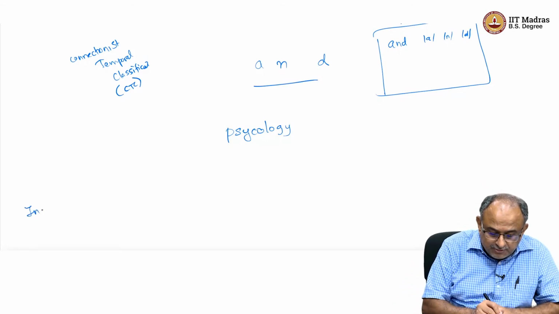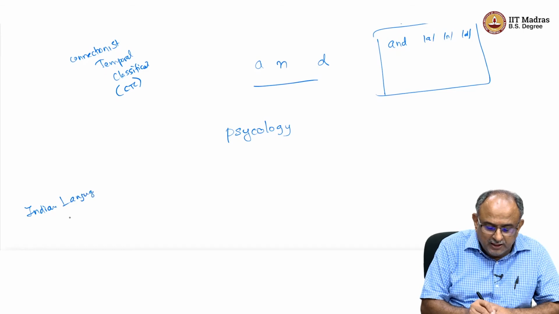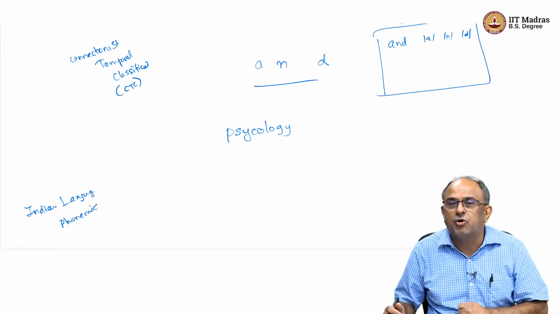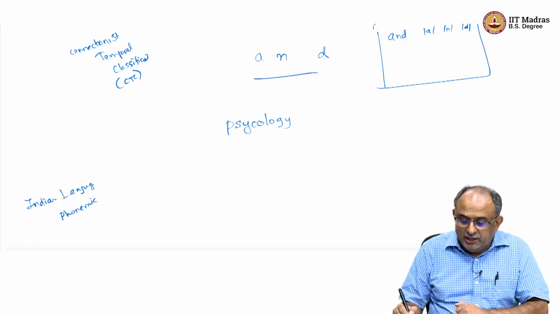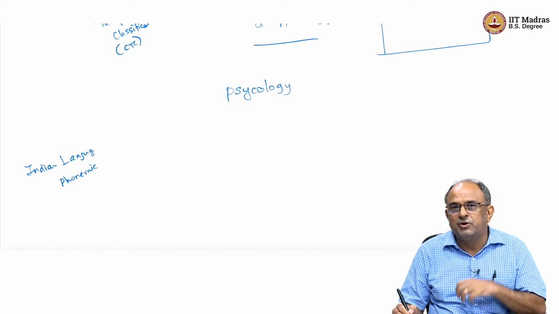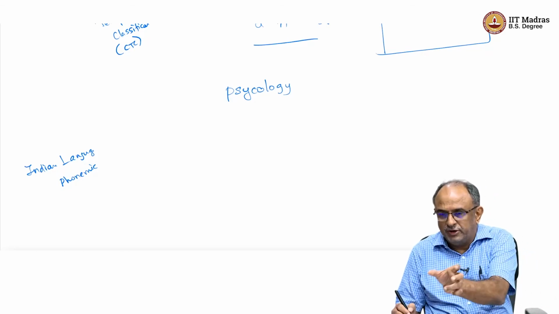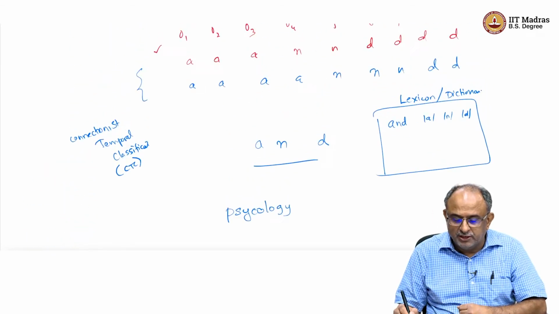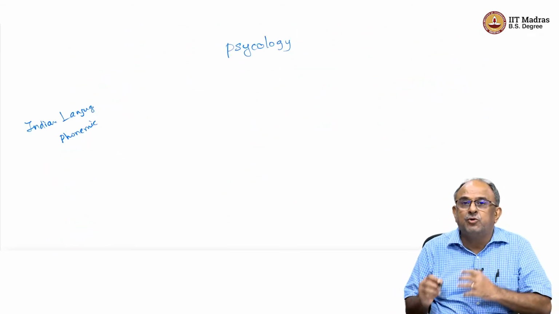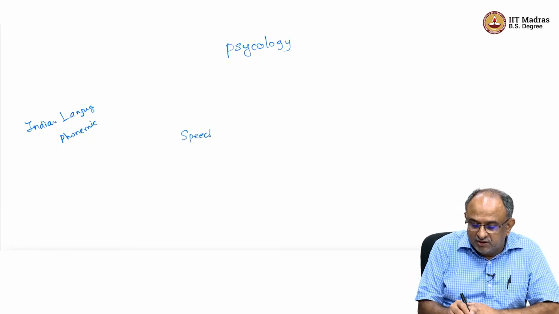But Indian languages by and large are phonemic. So what do you mean by phonemic? That what I speak and what I write are highly correlated. It's almost one to one. Therefore in Indian languages it is easy to go directly from spoken to written, because there is an almost one to one correspondence between the two. So essentially we can go directly from speech to text using this idea.